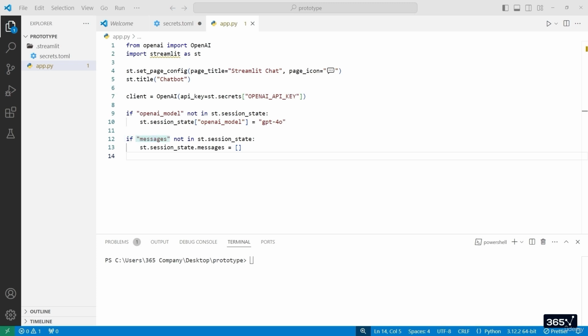If messages is not a key in the session state dictionary, it means that we haven't started storing any messages yet. In this case, we initialize it by setting session_state.messages to an empty list. Alright,